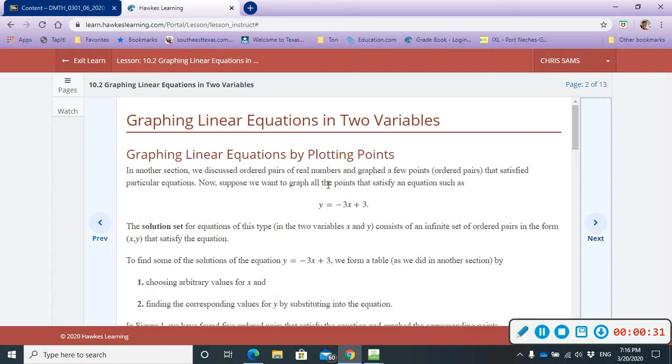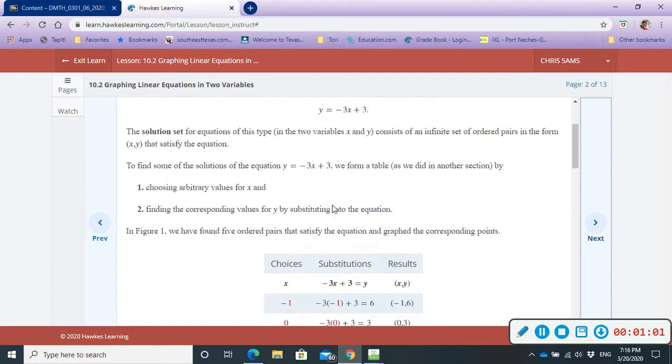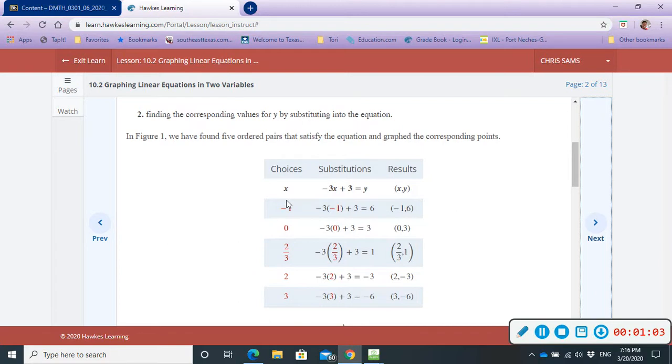First, we want you to see the general form of an equation, and this is slope-intercept form: y equals some number, which is the slope, times that variable x, plus or minus the y-intercept. They talk about the solution set, which is given an x, you can find a y. If I plug in any value for x and solve this equation, I will get a y value. There's an infinite number of points, so down here they just show you a few. Any number they plug in for x in that equation, they get a y value out,